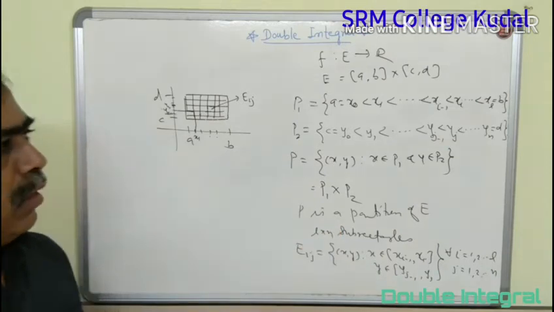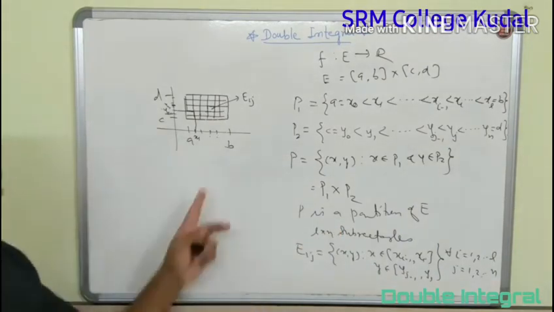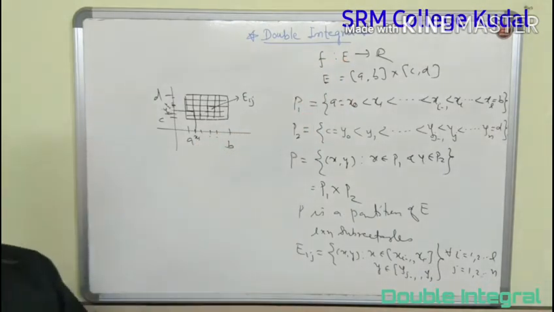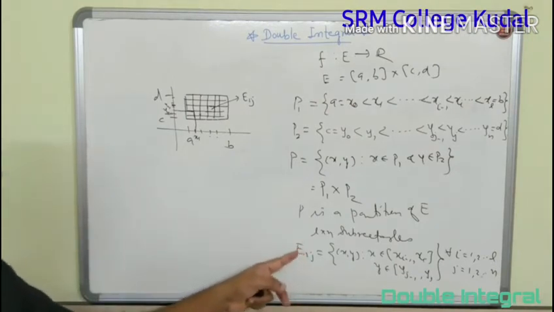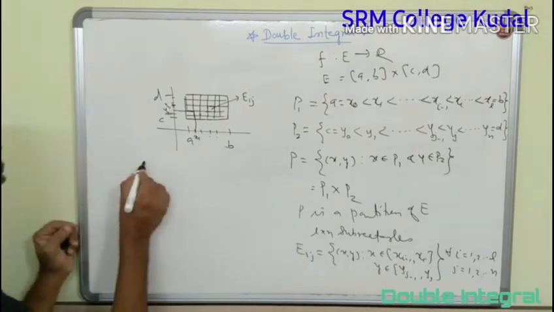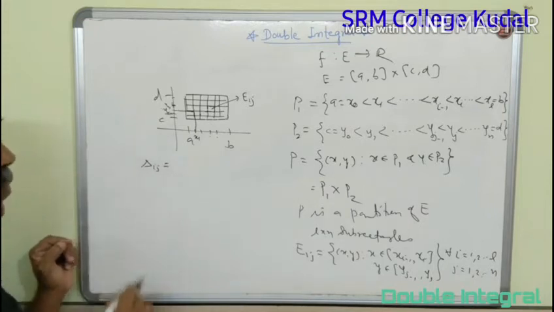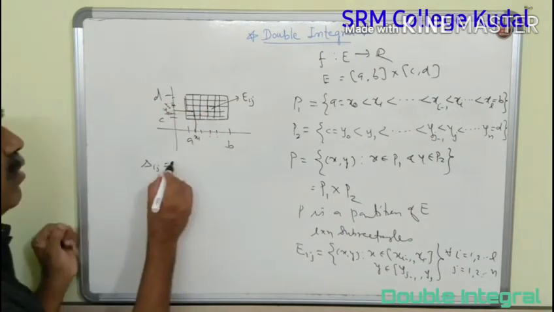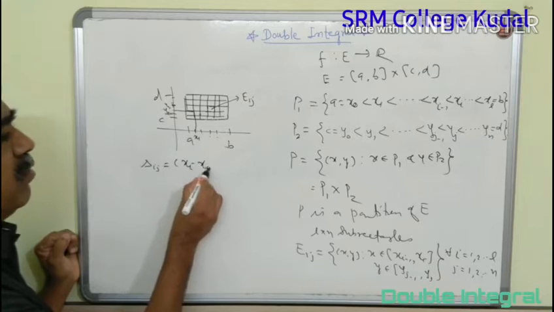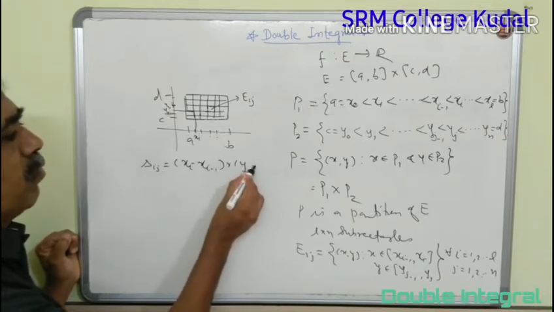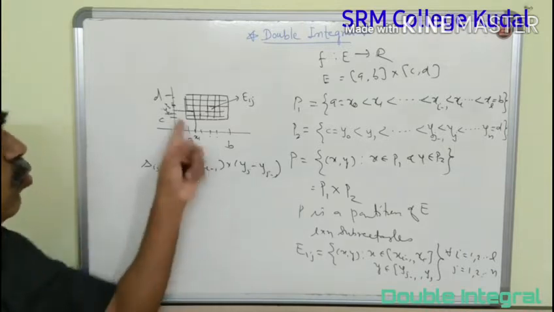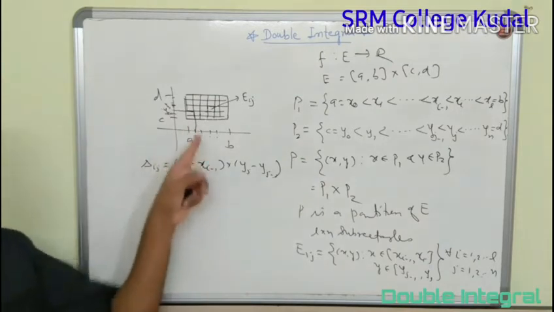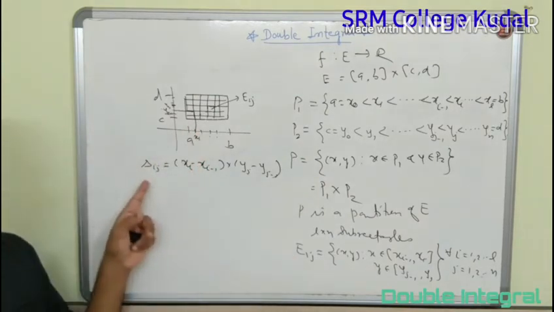Now the function f we have defined is bounded on whole of E. One thing we will do immediately. So this is the subrectangle Eij, and I will define immediately its area. What will be the area of Eij? Area of Eij will be length into width. So it is nothing but (xi minus x(i-1)) into (yj minus y(j-1)), and this is true for all i and j. So this is true for all subrectangles. This is how I define the area of ijth subrectangle Eij, that is delta ij, which we will require in the due discussion.